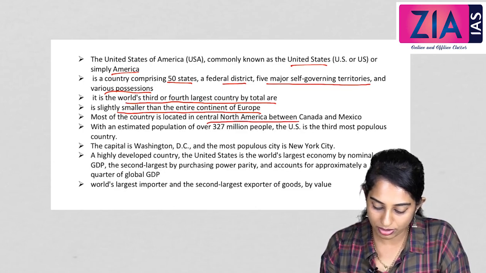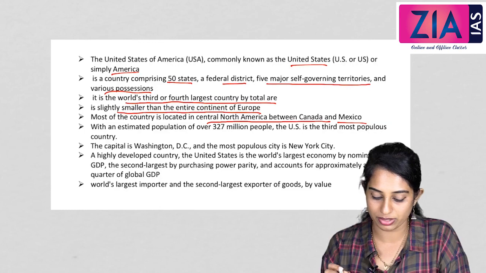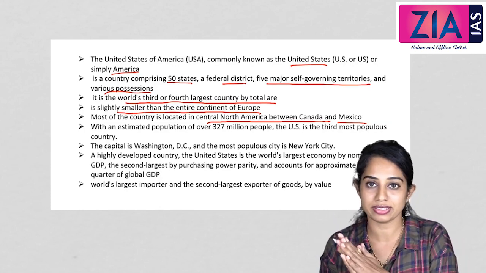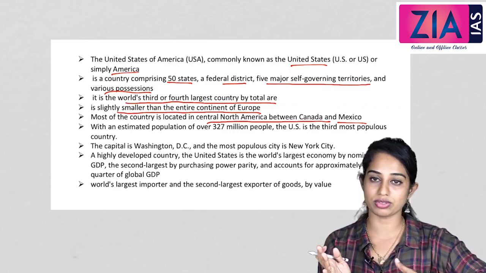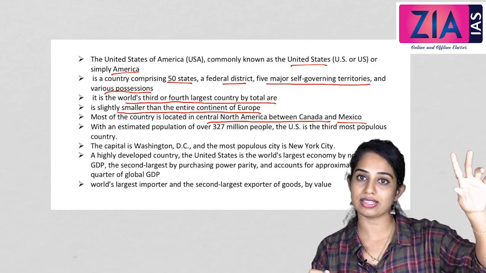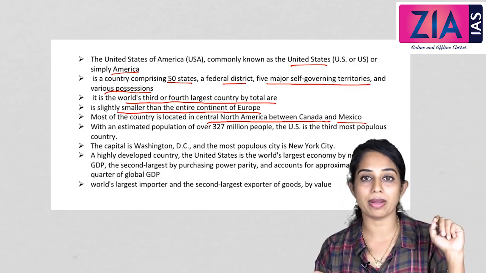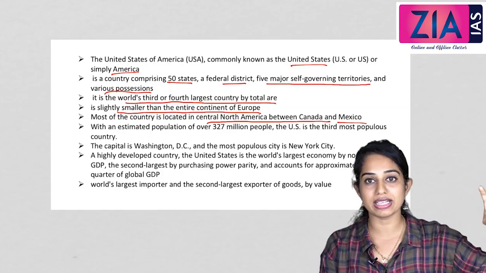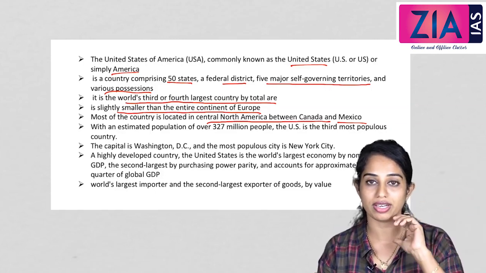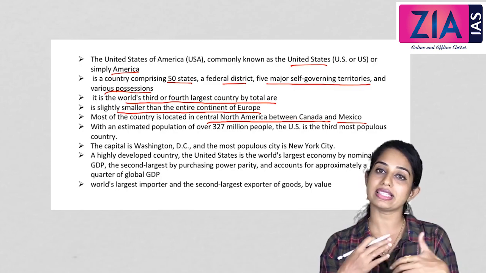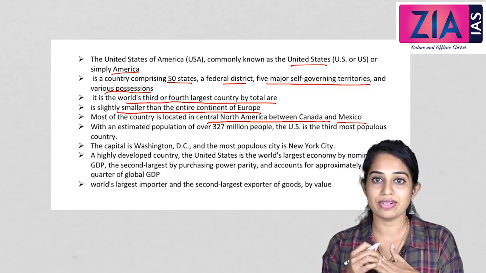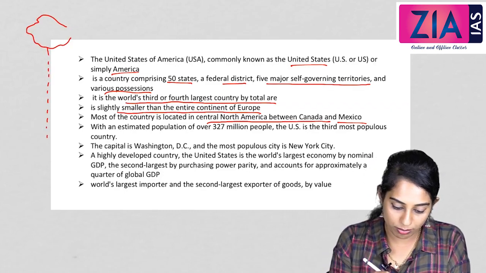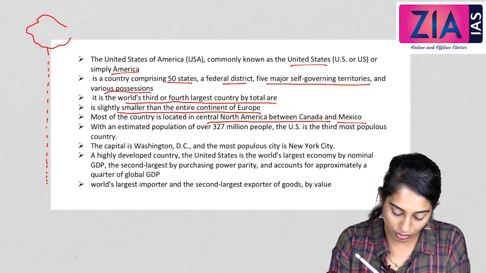Most of the country located in the North American between Canada and Mexico. So we know that out of 50 states, 48 is mainland together, that is between Canada and Mexico in the south, and 49th is there in the Alaska, that is towards the western tip of North American continent next to Canada and almost near to Bering Strait and Bering Sea, that is near to Russia or Asian subcontinent. And 50th state is Hawaii. Hawaii is an island. When Hawaii we can mark like this, if we have Alaska here, okay, Hawaii is almost lies in the same longitude, Hawaii.